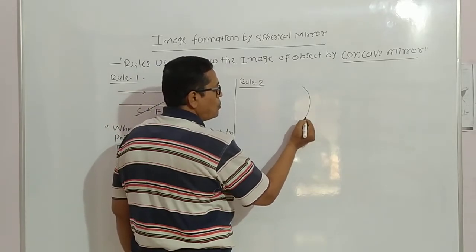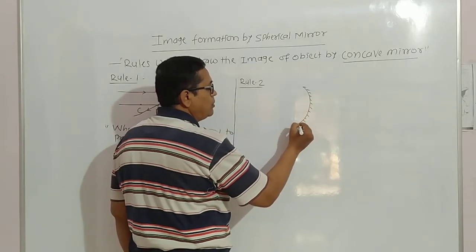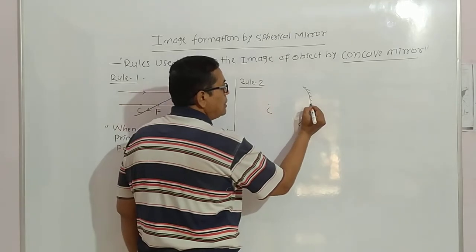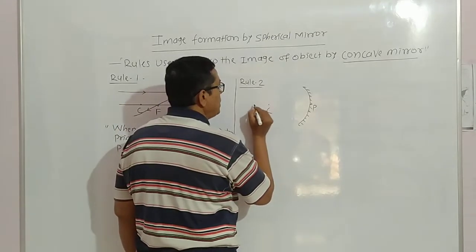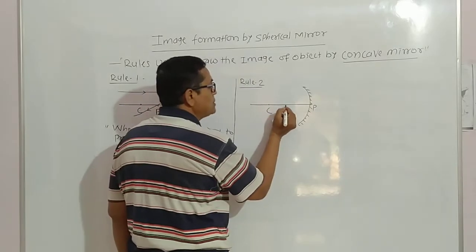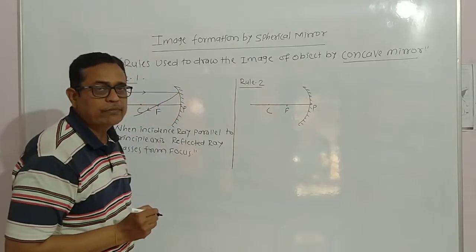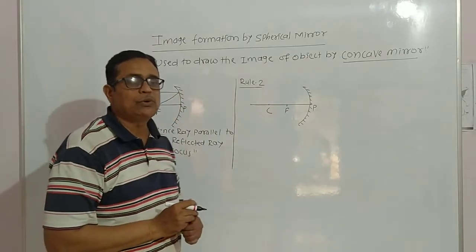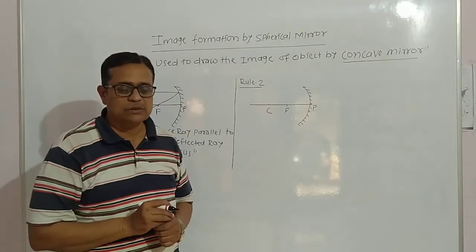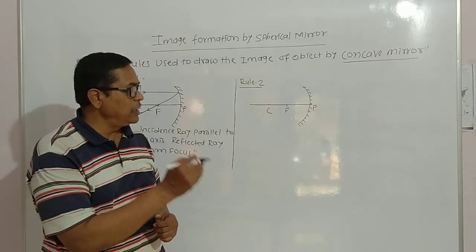Here the concave mirror, and here the center of curvature, here the pole of the mirror, and here the principal axis, and then the focus of the concave mirror. According to rule number 2, when the incidence ray passes through the focus and is incident on the concave mirror,